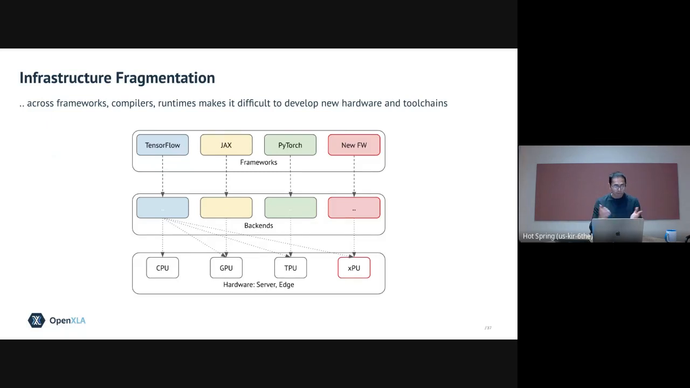Okay, so as we know, infrastructure fragmentation in machine learning across frameworks, compilers, and runtimes makes developing new hardware and toolchains difficult. This inhibits the industry's ability to productionize ML-driven advancements with velocity and at scale. Today, ML workload execution has to support a combinatorial matrix of hardware, frameworks, and workflows, mostly through tight vertical